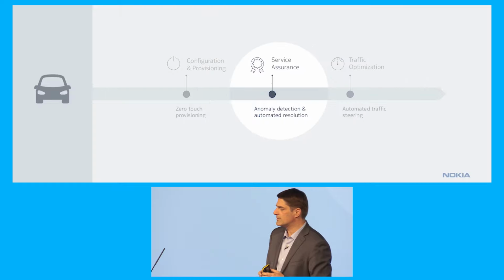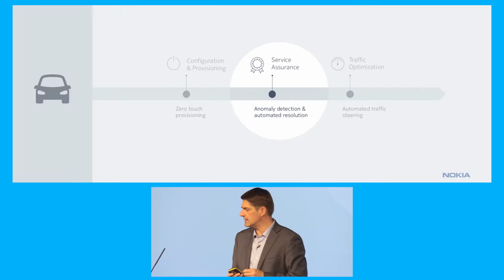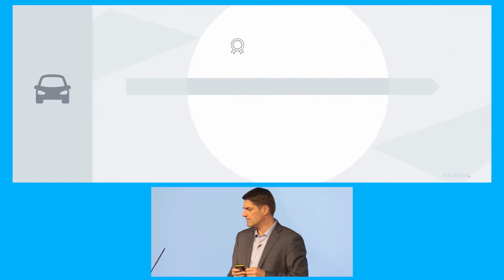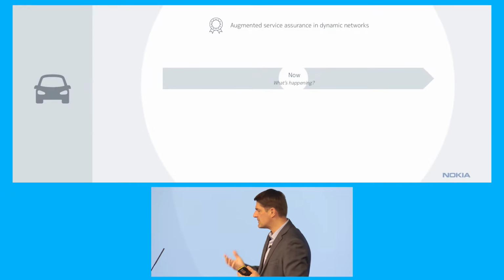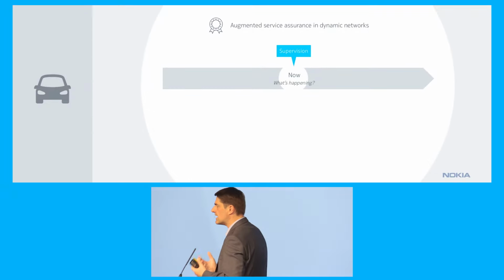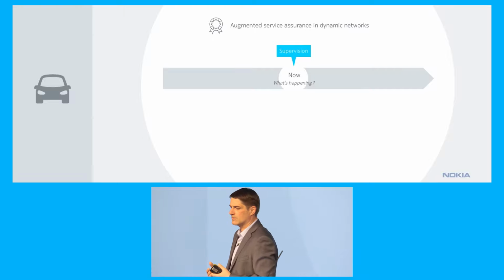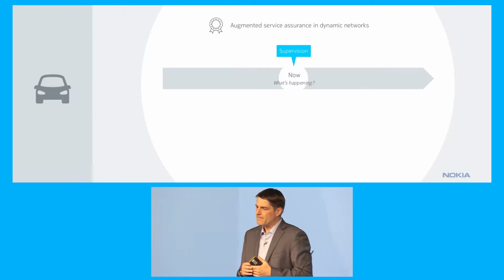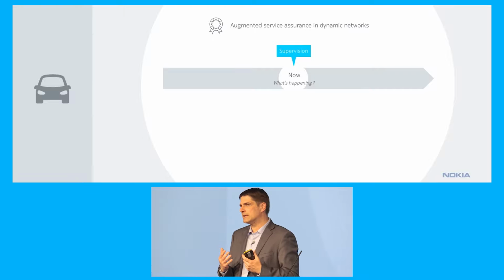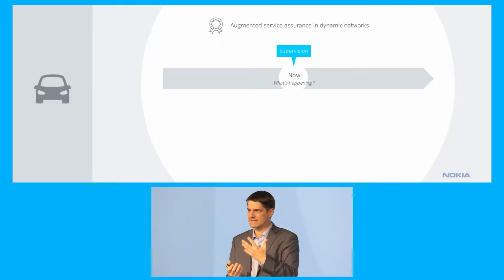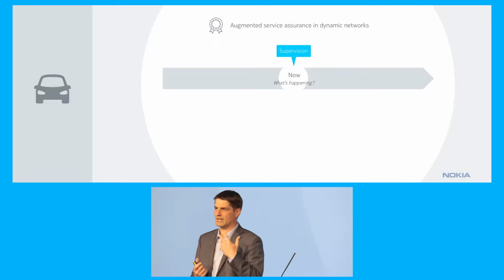So this is what I wanted to touch on in this section. So let's take a look at this. One aspect is knowing what is happening in the network right now. And in the past with 5620 SAM and with NSP, we've always taken big pride in saying, hey, it's as real time as it possibly can get, because it was getting all the notifications, keeping state of the network and topology of the network, et cetera.